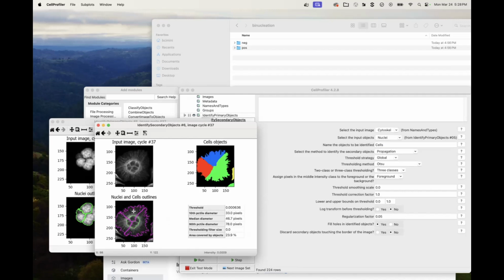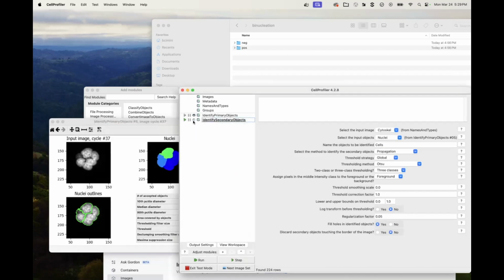The third option is to abandon this IdentifyPrimary, IdentifySecondary workflow entirely and just use completely separate identifications for our nuclei and our cells. Then we can try to get the best nuclear segmentation we can. We can try to get the best cell segmentation we can, but if the cells are really clumpy, that might not be very good cell segmentation. There's a reason we do this in the first place, and it's that cell segmentation is typically kind of hard. In the interest of what we really hope you get here, it's more the concepts. The cell segmentation here, now that you understand how it works, doesn't really matter.